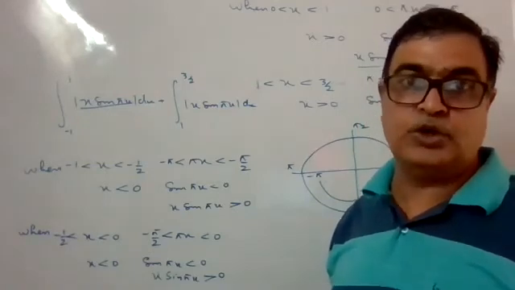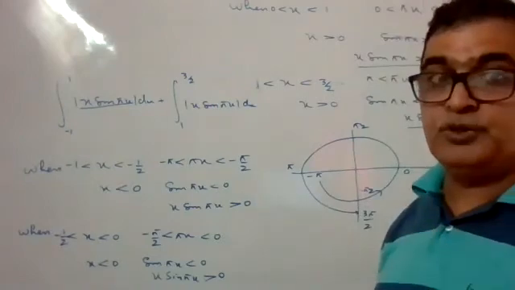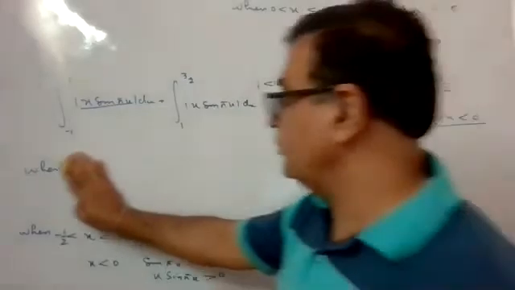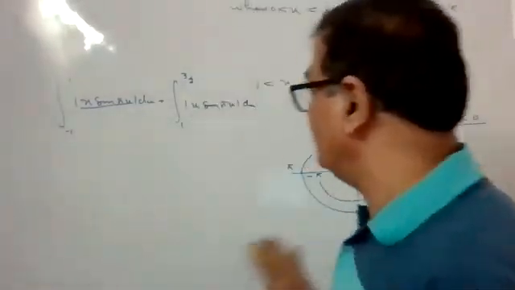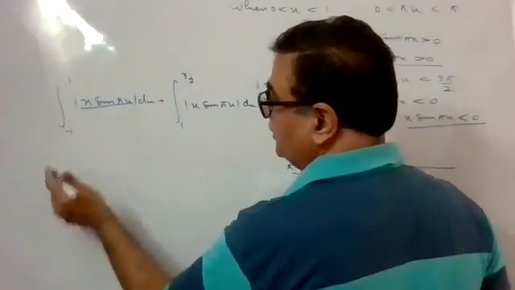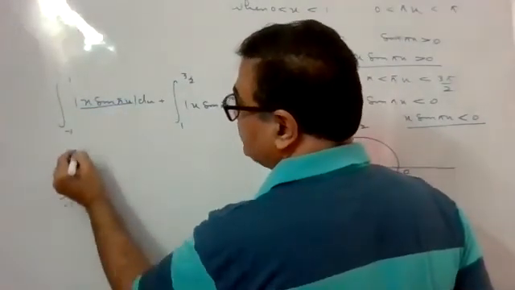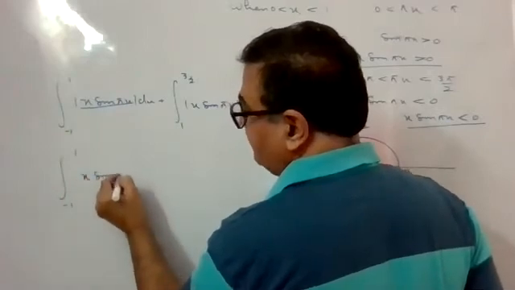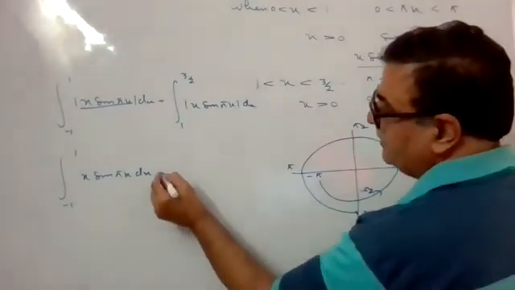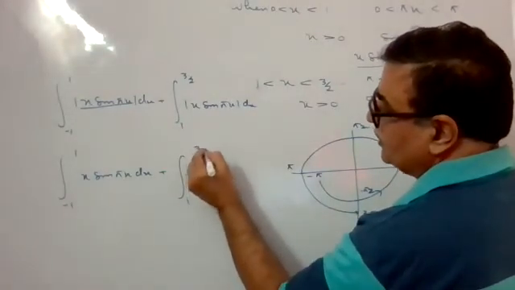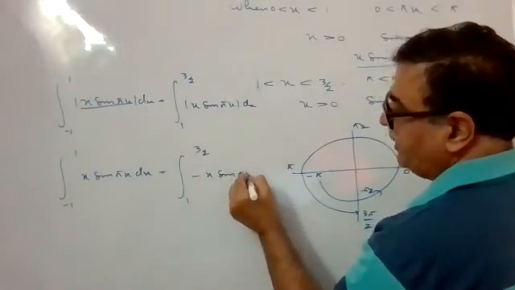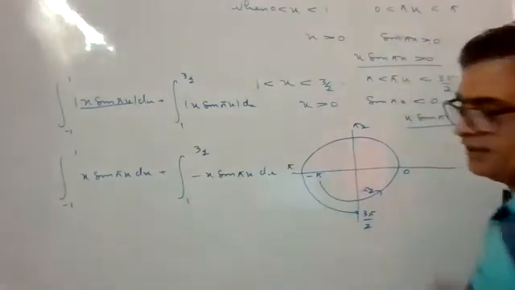नोट कर लो इस क्वेश्चन को, अच्छा क्वेश्चन है, एक क्वेश्चन आपको भी दूंगा ऐसा ही। तसल्ली से क्वेश्चन करना पड़ेगा, अगर आप जल्दी करेंगे तो ये क्वेश्चन नहीं होगा, ध्यान रख लेना। अब इनसाइड क्वांटिटी is a plus, तो मॉडुलस will give you -1 to 1, सीधा सा x sin pi x हो गया। Second part, this will come out to be 1 to 3/2, as inside quantity is minus, so I'll say minus x sin pi x dx। ये आपका क्वेश्चन है।